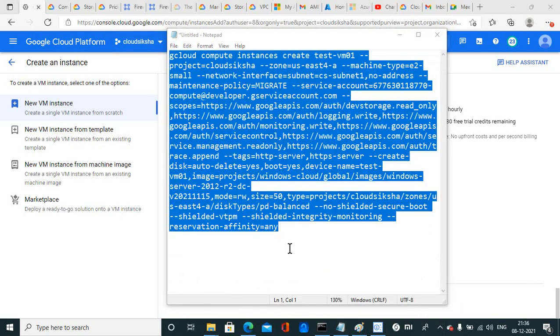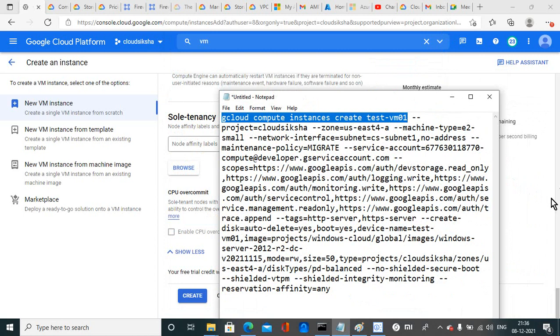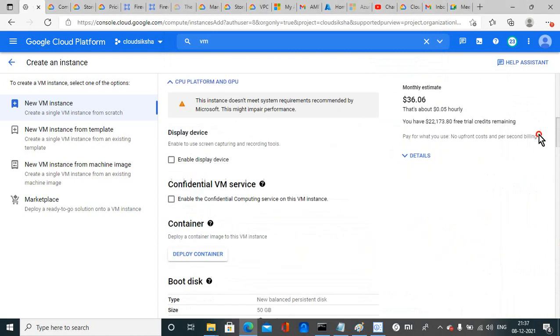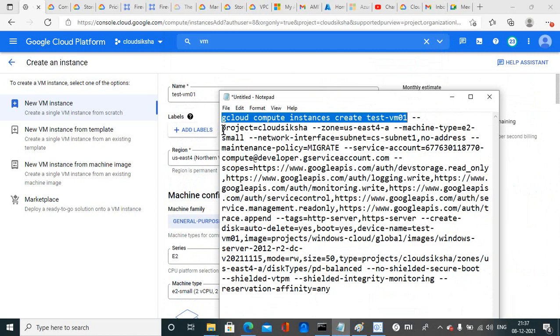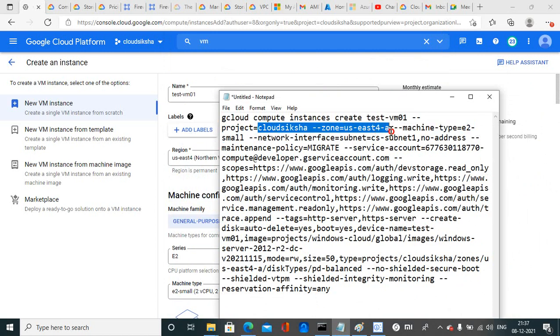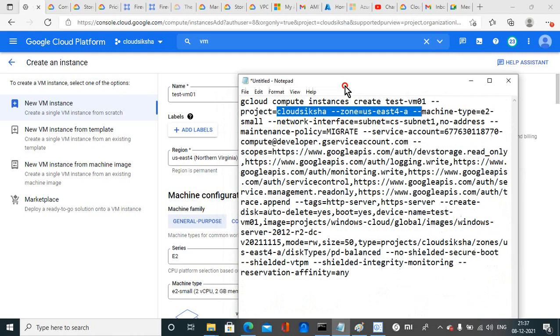Now I have copied the command from there, and you can see gcloud compute instances create test-vm1, which is the same VM which I have configured here. The project is Cloud Siksha, zone is us-east4-a, and region is us-east4.